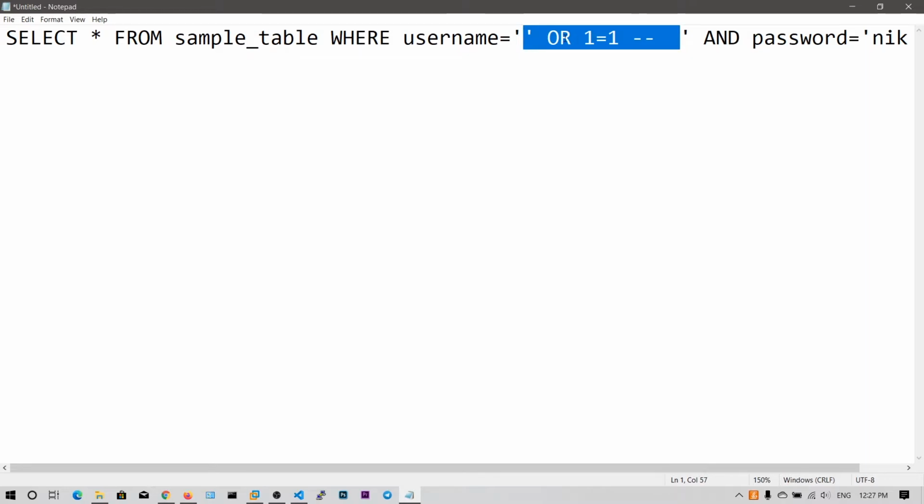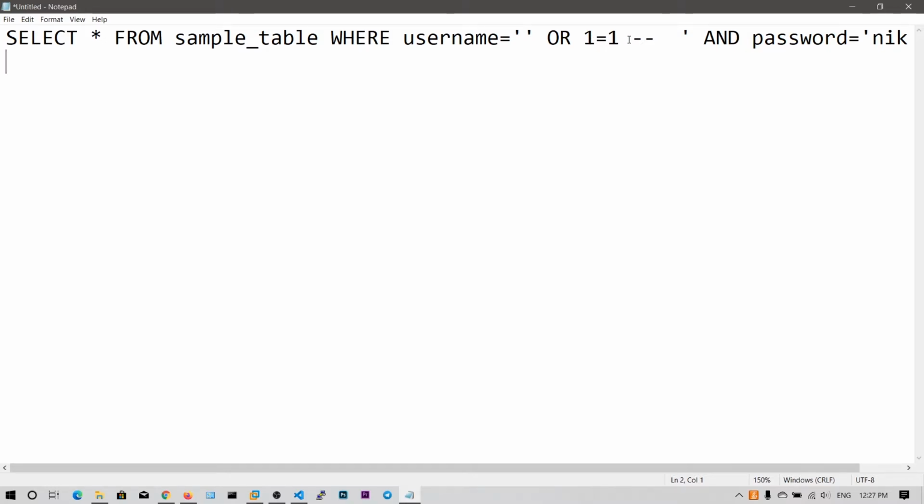If I send this, it will be placed in this username field, and on reading select star from table where username is equal to blank, it will be treated as two conditions. This is username, one condition, or 1 is equal to 1, which is true.